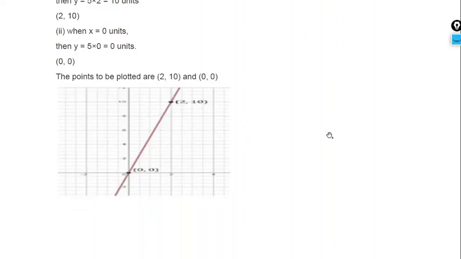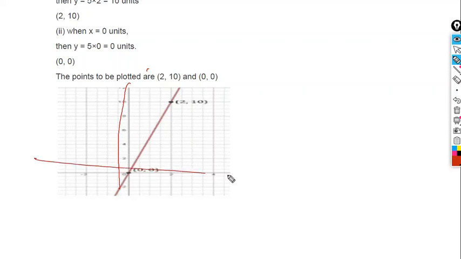Plot the graph. We have already discussed how to plot a graph, but we will repeat it. First, draw your x-axis and your y-axis. This is your origin, (0, 0). Now divide the x-axis: 1, 2, 3, 4 like this. Here also you divide them, as per your